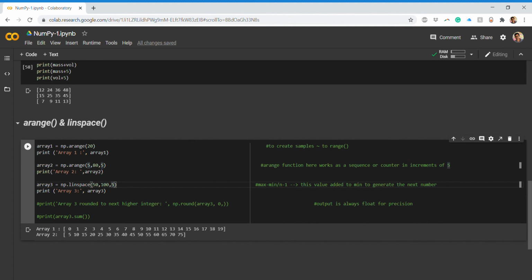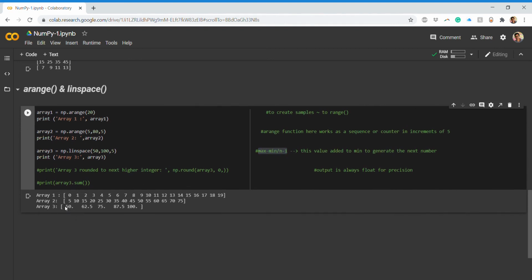So say you have the 50, that is the first element, and you do this kind of computation. You don't do it manually, but this is how it basically works. Internally you do this computation: 100 minus 50, divided by n minus 1, that is 5 minus 1. So it will be 50 divided by 4, that is 12.5. Whatever value you have, that will be added to this 50 and you get this particular array.